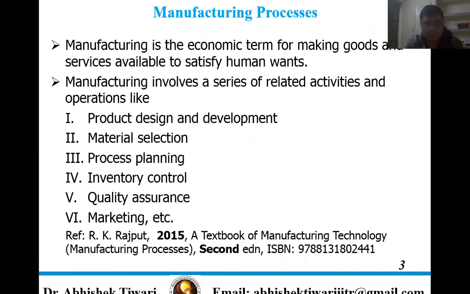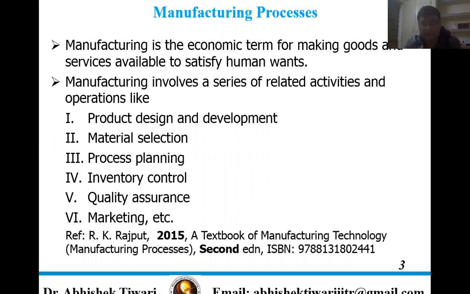So, what is manufacturing process? Manufacturing is an economic term for making goods and services available to satisfy human wants. Manufacturing involves a series of related activities and operations like product design and development, material selection, what materials we need for the manufacturing process, and then process planning, what are the different types of processes involved, and then inventory control,